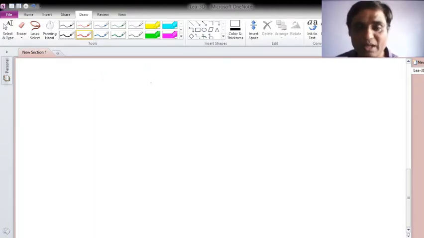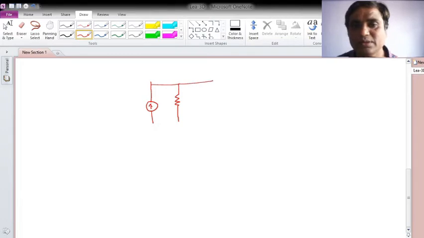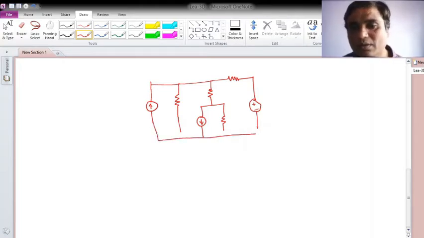So suppose I have one current source like this, then in parallel with it one resistor, then there is one more resistor, and I have two branches like this. In one branch again I have a current source whose direction is downward, again one more resistor in parallel with it. Then here one more resistor, and it is connected with one more voltage source, for example, and all this will be connected to ground.